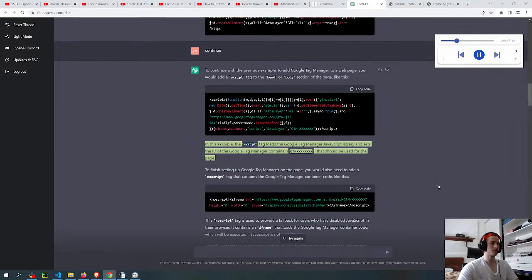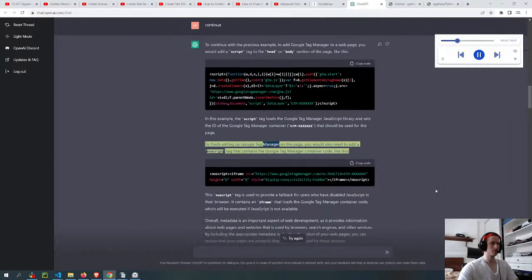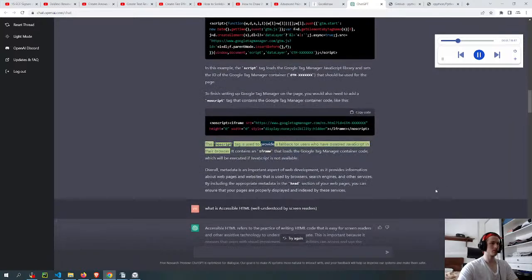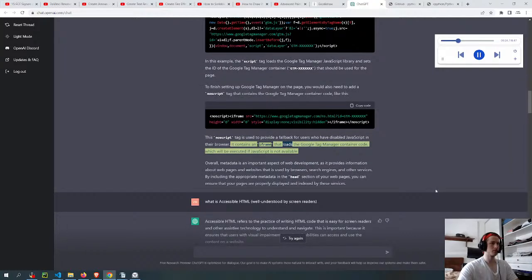In this example, the script tag loads the Google Tag Manager JavaScript library and sets the ID of the Google Tag Manager container, GTM-XXXX, that should be used for the page. To finish setting up Google Tag Manager on the page, you would also need to add a noscript tag that contains the Google Tag Manager container code, like this. This tag is used to provide a fallback for users who have disabled JavaScript in their browser. It contains an iframe that loads the Google Tag Manager container code, which will be executed if JavaScript is not